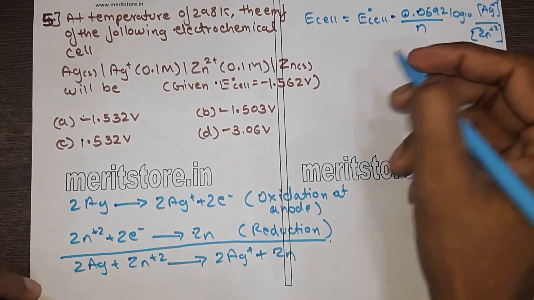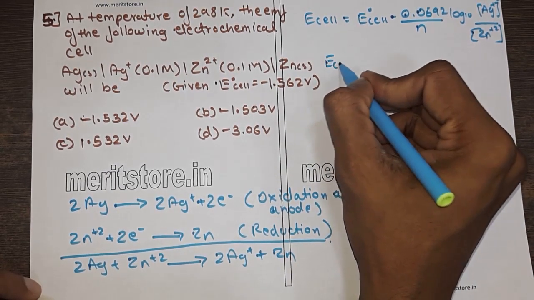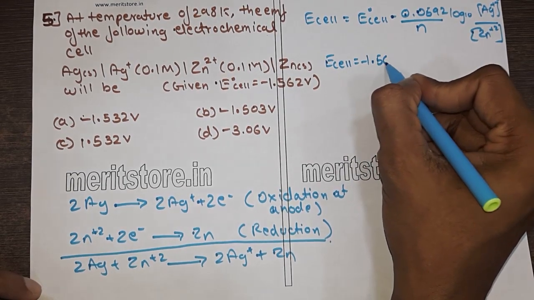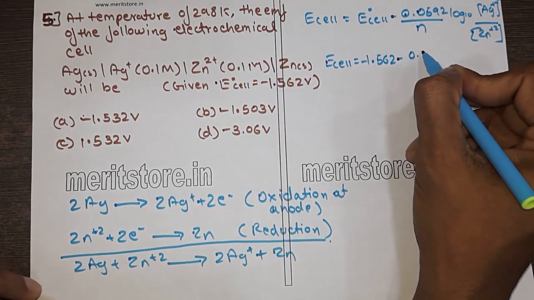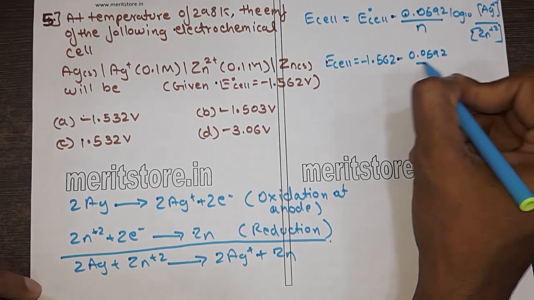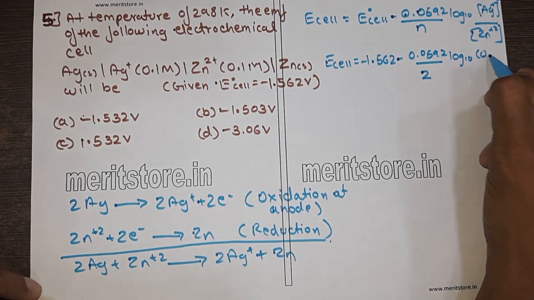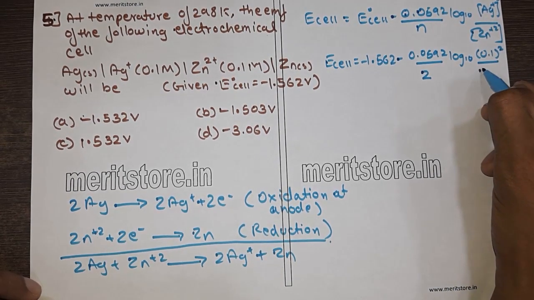Substituting the values in the above equation, we get E cell equal to minus 1.562 minus 0.0592 upon 2 log to the base 10 of 0.1 the whole square upon 0.1,